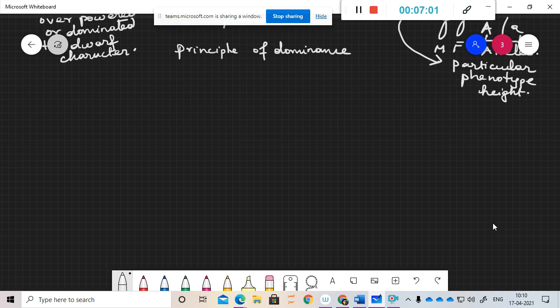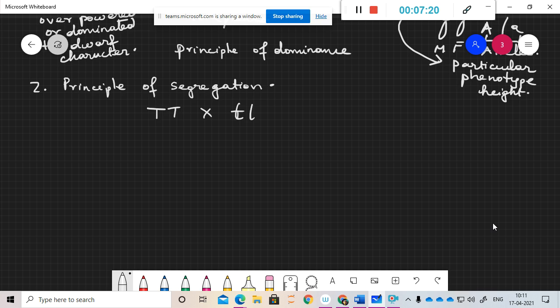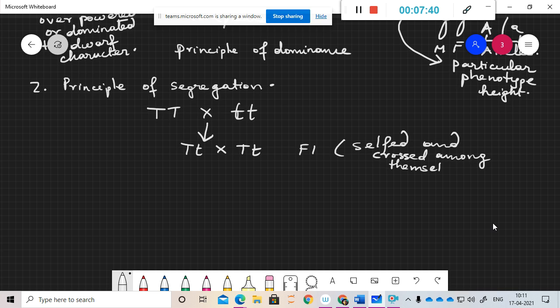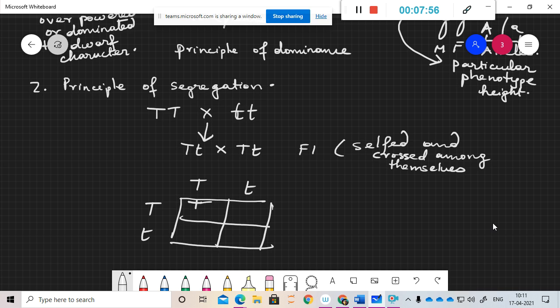The next principle he had was the principle of segregation, where these tall plants and dwarf plants were crossed, and the F1 plants were selfed and crossed among themselves, and he got it in the ratio of